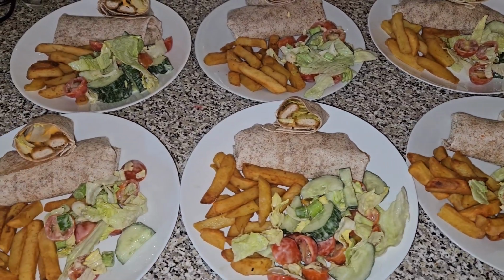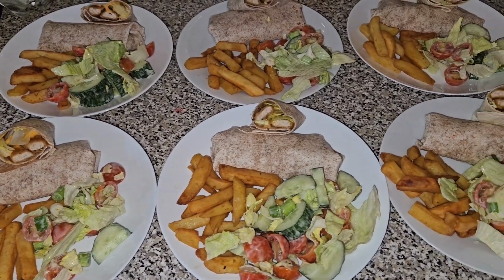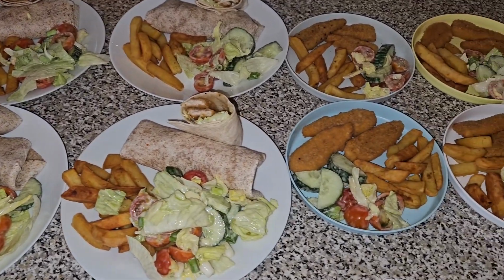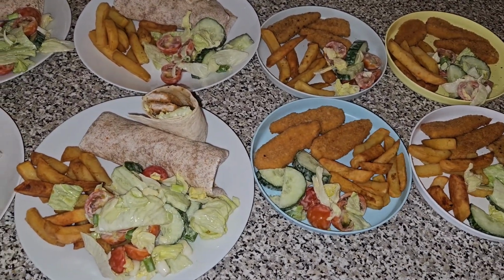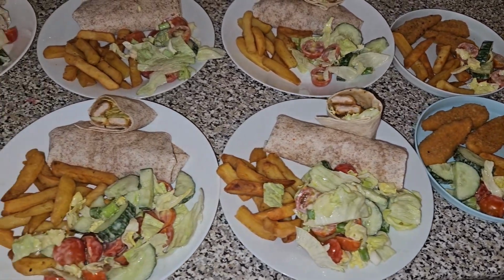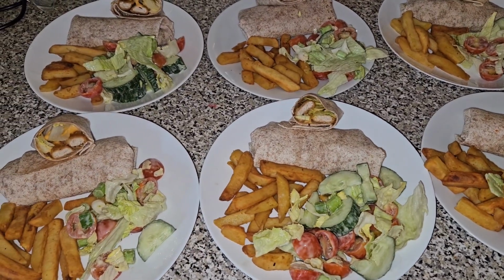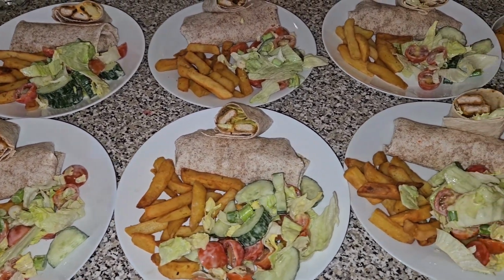Hi everyone, my name's Natalie and here is another Meals of the Week, although again it has been spread out over a little bit of time. I've not had time to put it all together, but this is what we had for dinner for 2 adults